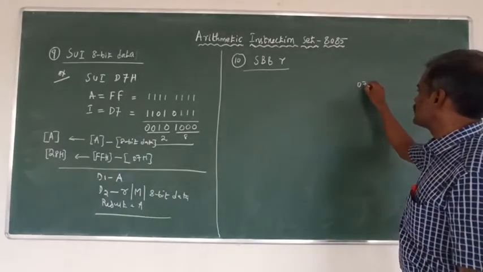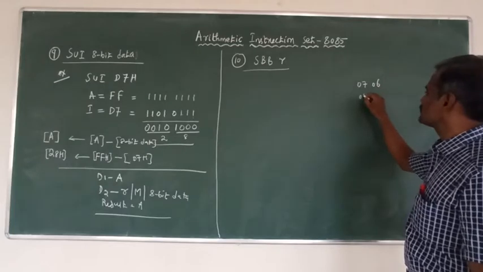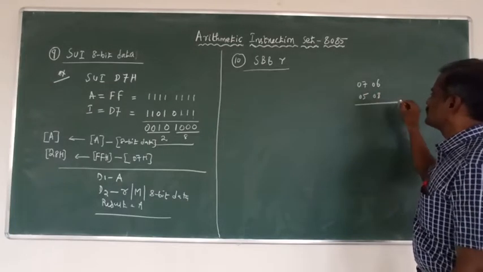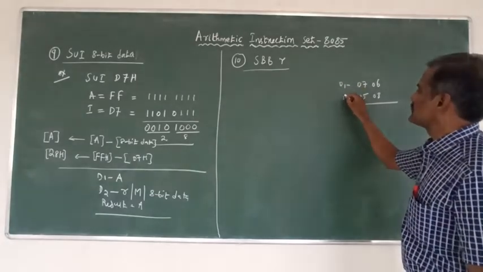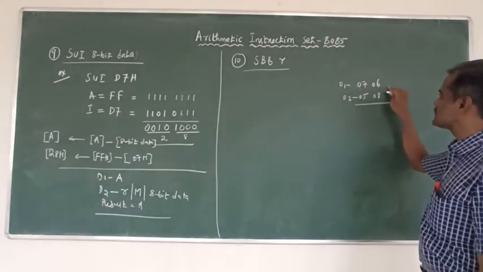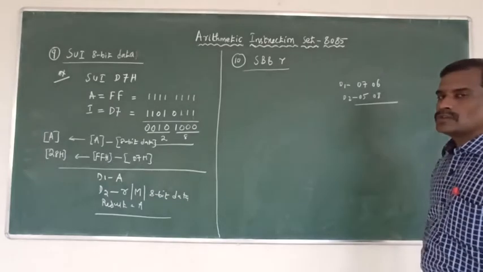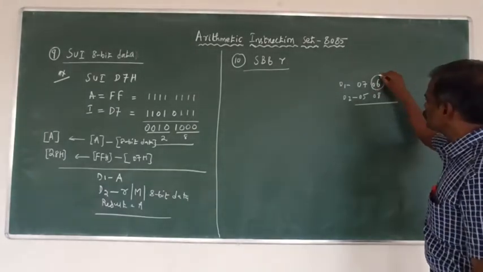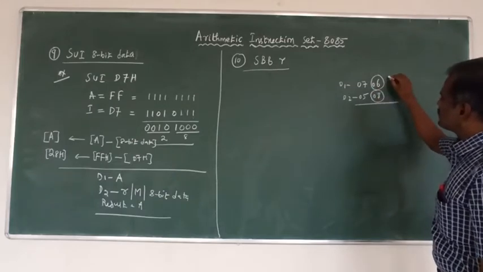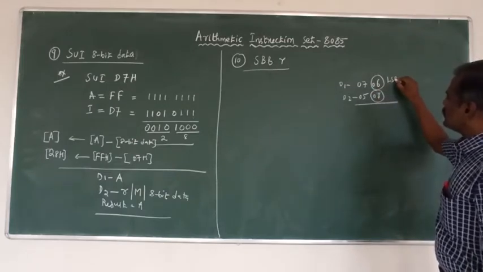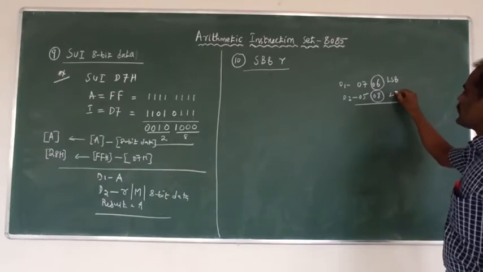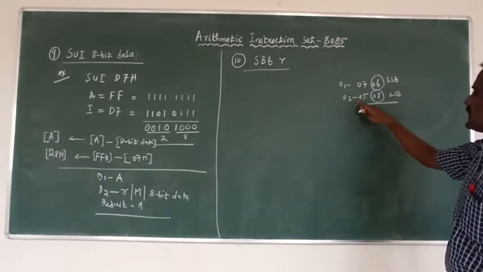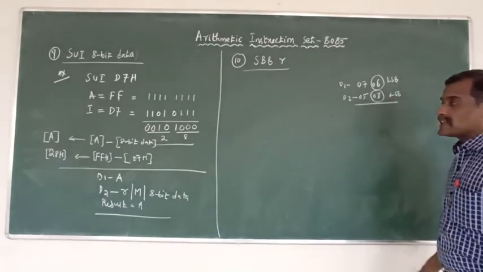This is for 07 and this is for 06, this is for 05 and this is for 08. This is for data 1 and this is for data 2. This is 16-bit data and this is also 16-bit data. First, we have to subtract the two LSB 8-bit data, data 1 LSB and data 2 LSB. At that time, we can use